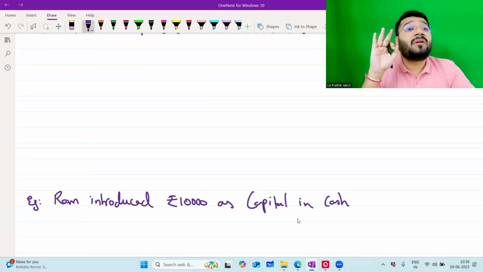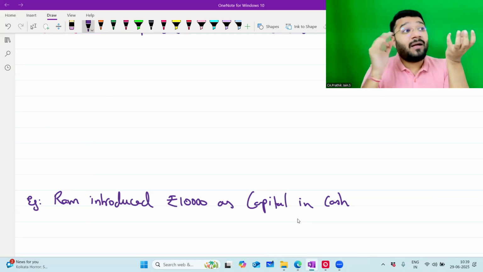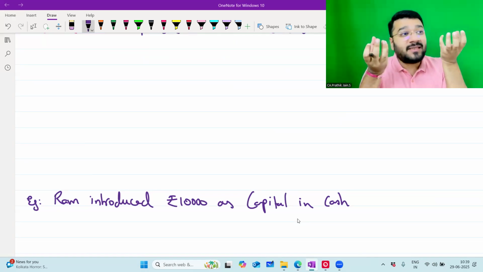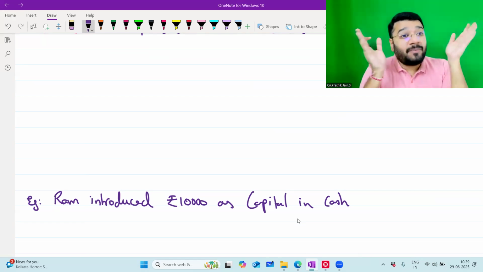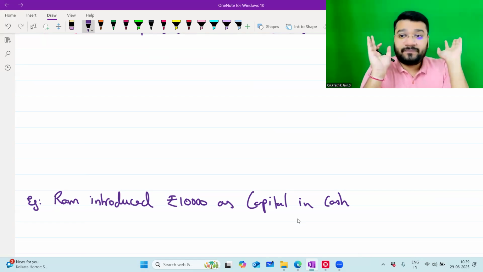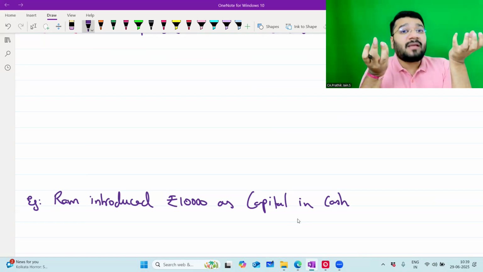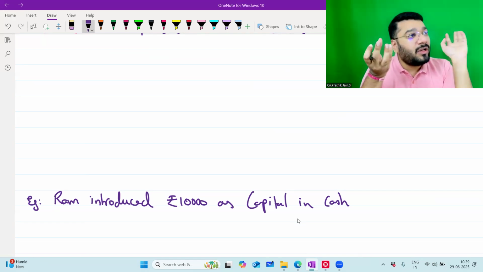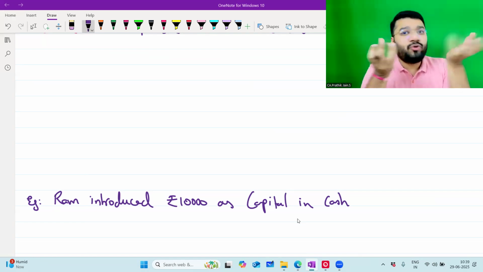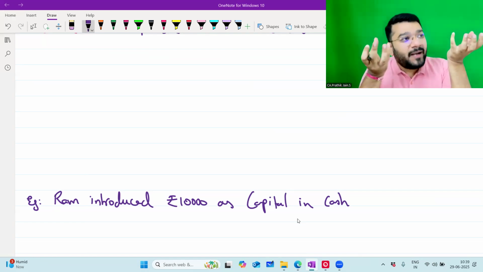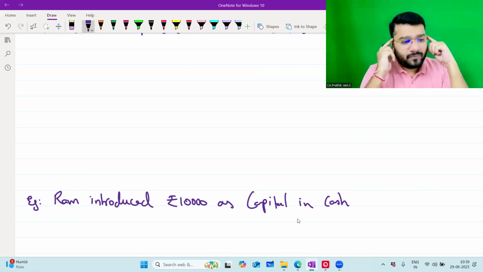And this is happening between two people. Two people means one is Ram, another is business. Business and owner are always separate, different. So Ram is giving capital to whom? Business. So business is separate, Ram is separate. Transaction means an activity between two people, or an exchange of goods, services or money between two people, wherein one person is the business and the other is some party, third party, owner party, whatever you say. So this transaction is between Ram and the business.